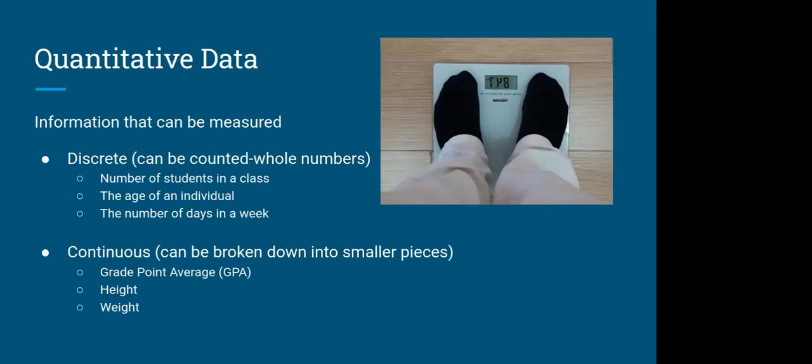And the same for your weight. You can weigh 105 pounds and 3 ounces. Okay? So, discrete quantitative data can be counted in its whole numbers, whereas continuous quantitative data can be broken down into smaller pieces. And they are both numeric, and the key is quantitative sounds like quantity. So again,